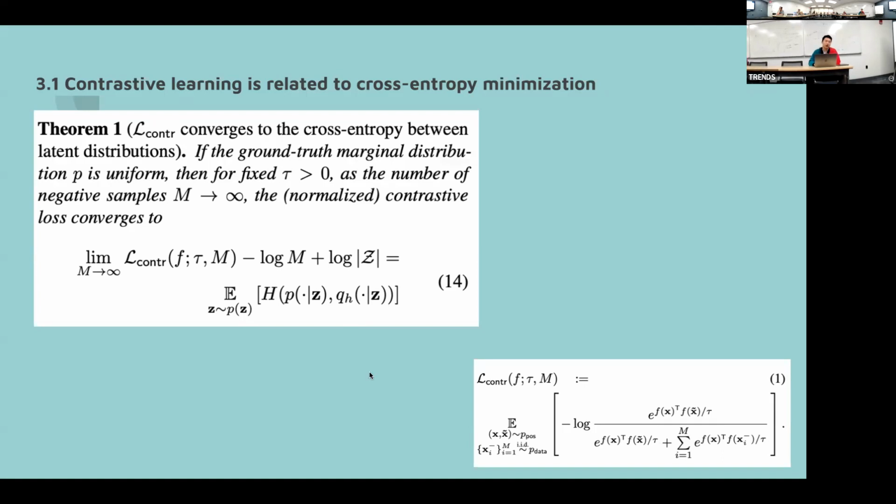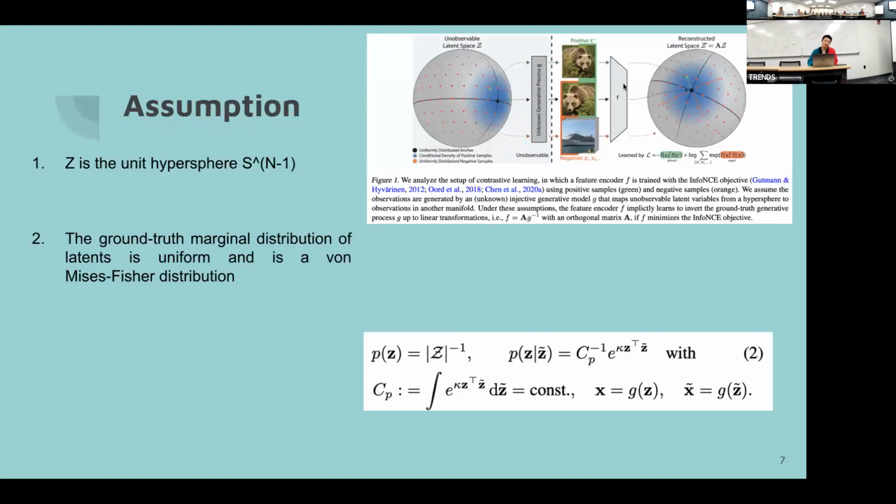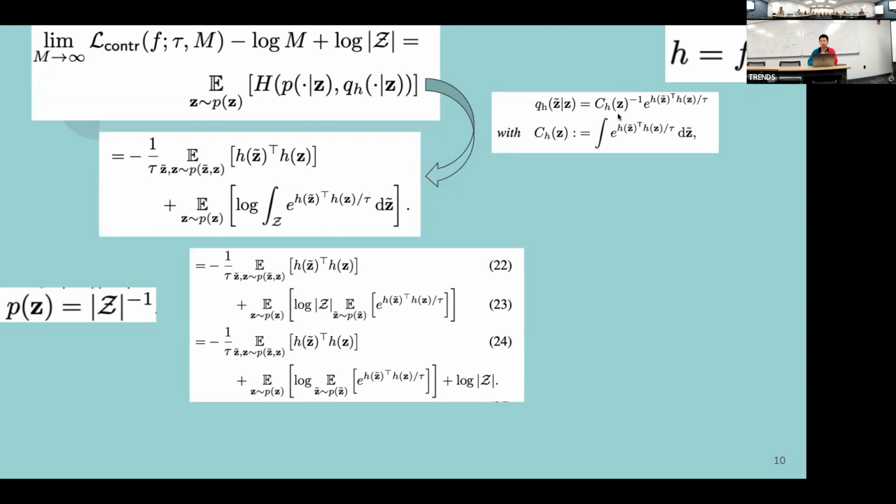So how to prove that? Because we already assume that the conditional distribution is a von Mises-Fisher distribution, we already got this formula, where C is a constant, and we just put this part into the cross entropy function. Many of the formulas from their proof are just expanding the cross entropy formula, and you will get this result. And because they have assumed that the ground truth is a uniform distribution, when you open the brackets and put that in, you will get this result. I will not go through the proof part, but I think it's